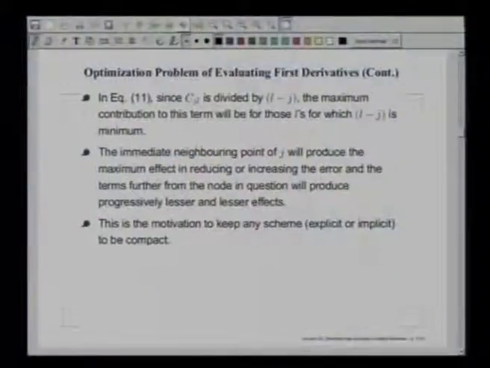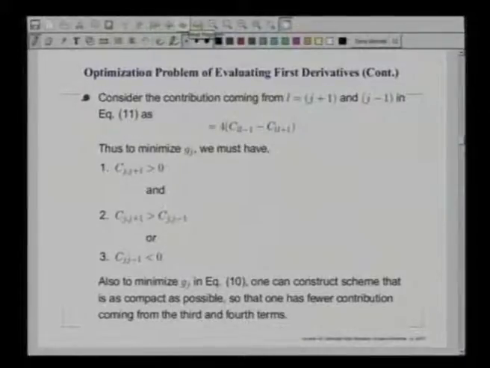So, that also gives you an idea why you need compactness. You do not want a widespread stencil, that does not do much in terms of reducing error. So, this is something that we can talk about. So, we have talked about now why we want to have a compact scheme, and then we can go ahead